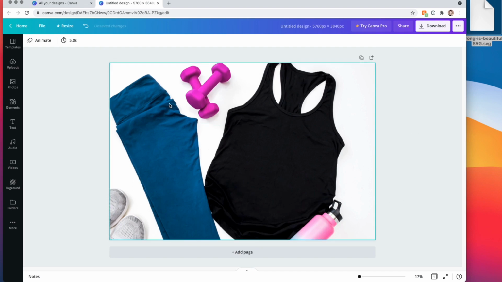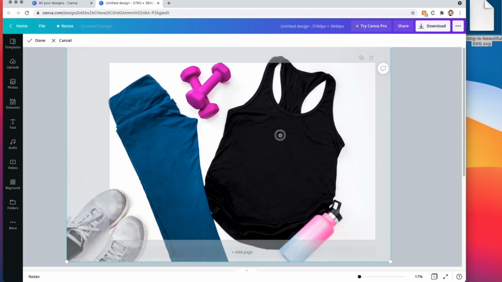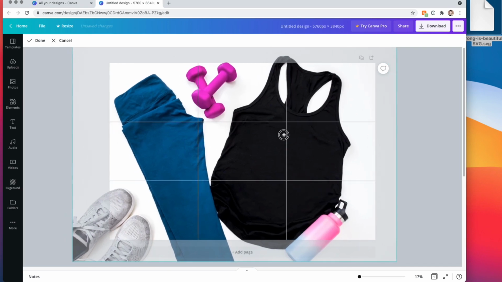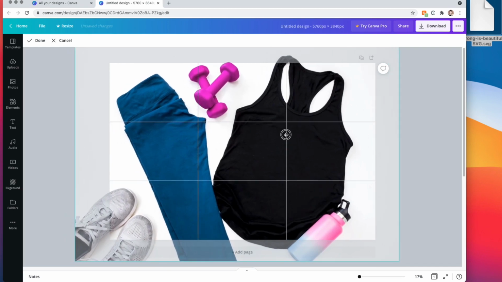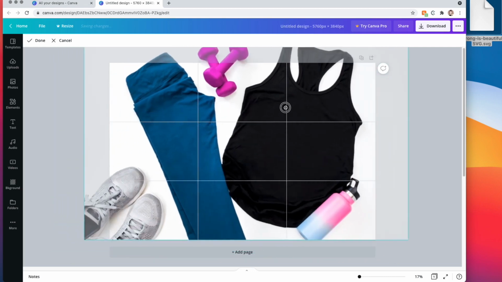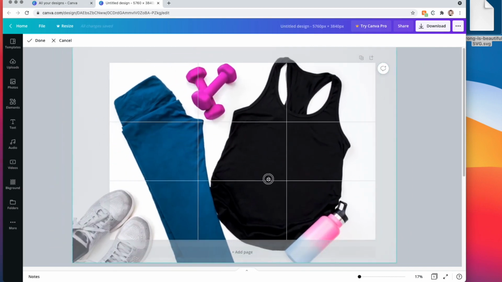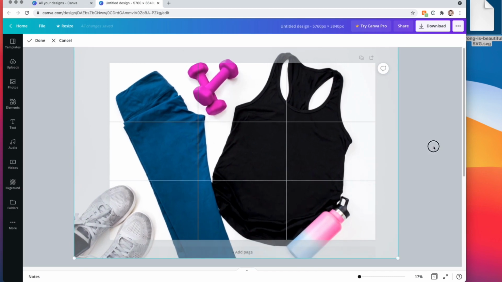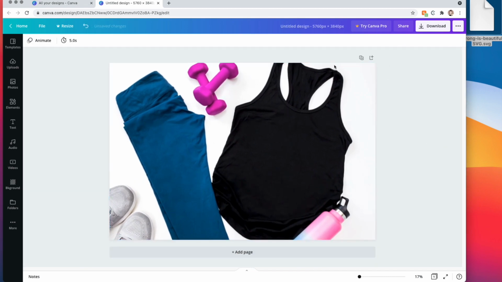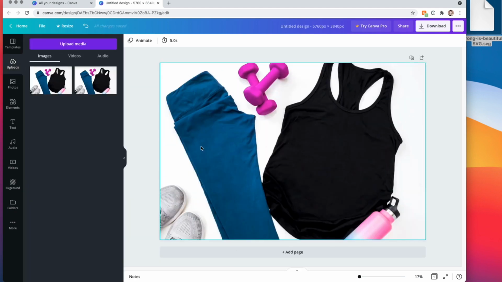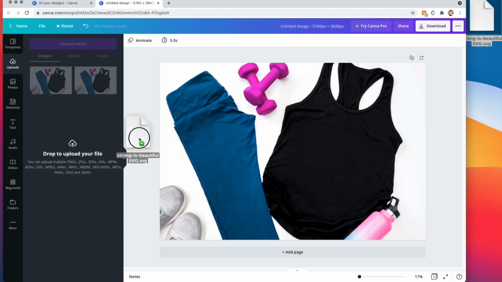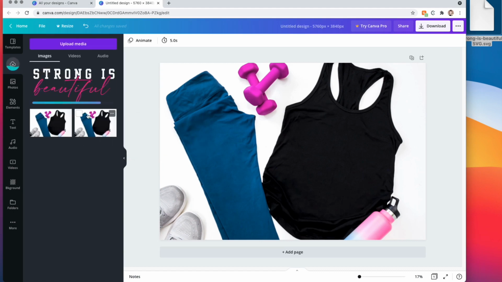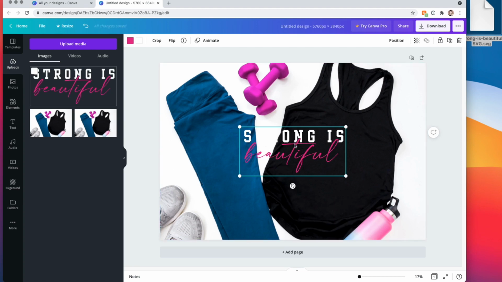Perfect. Now I noticed that the alignment's a little off, so let's go ahead and shimmy this over to the right. Again, just double click. You can move this design all around within your design box. Perfect. So now I have the SVG up here on my desktop waiting. I'm going to click uploads, drag my SVG into my uploads, and then one click will place it into